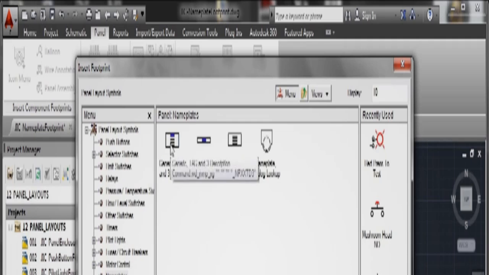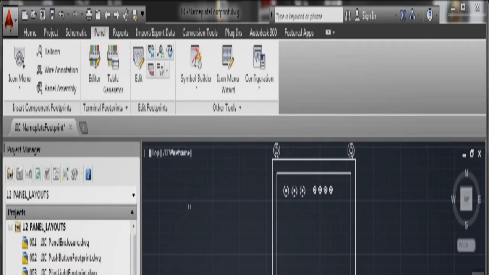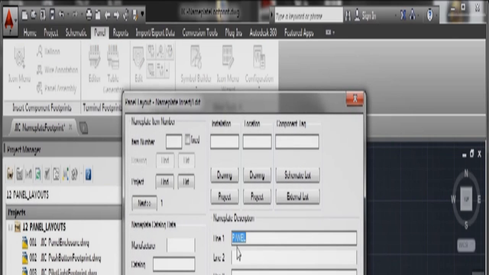I'm just going to put a generic nameplate in. Now it's asking for the component for the nameplate insert. I'm going to select that there, the panel enclosure, and press enter to confirm. Nameplate description, panel. What I might do there as well is put panel nameplate and put NO.1, number 1 maybe. Again, I'm not too worried about the information, but we do need to make sure that we look